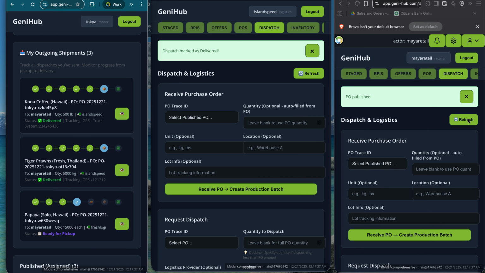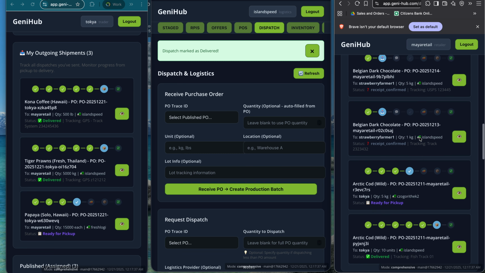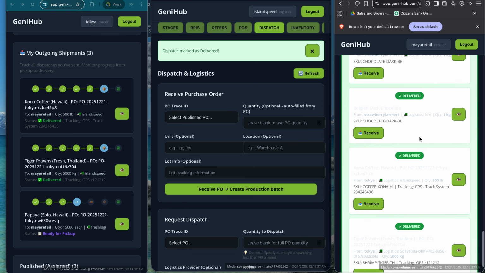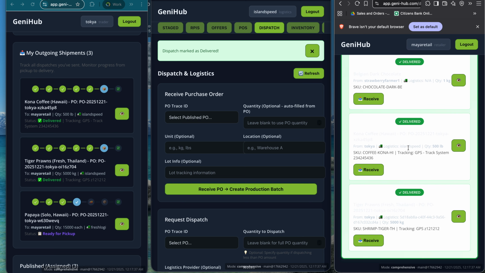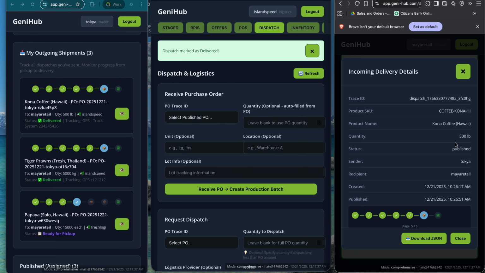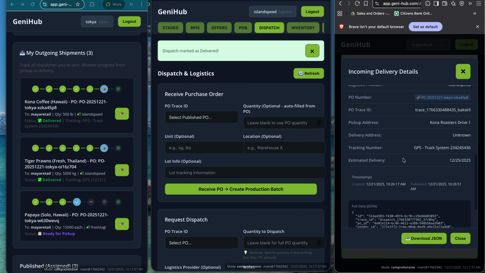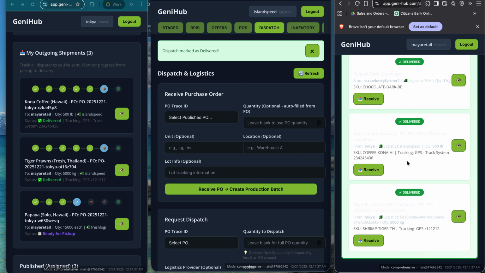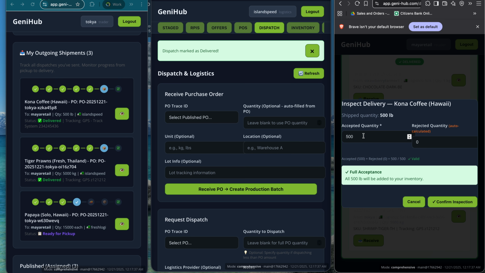Refresh. The buyer is going to see incoming shipments, action required, Coffee Kona. Review, audit, inspect, hit receive, open the box, check it out, reject